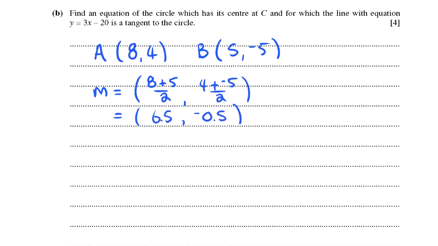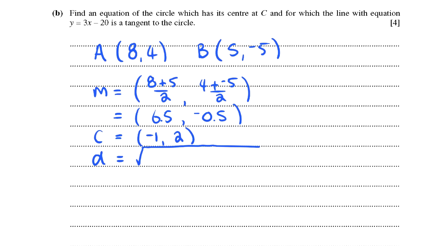Okay. And the center of the circle, let's just call it C, reading from the equation of the circle, is -1 and 2. So we're trying to find the distance from C to M. That is going to be our new radius, which is the square root of